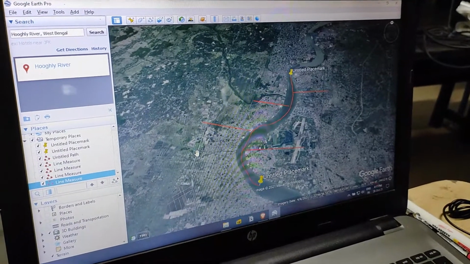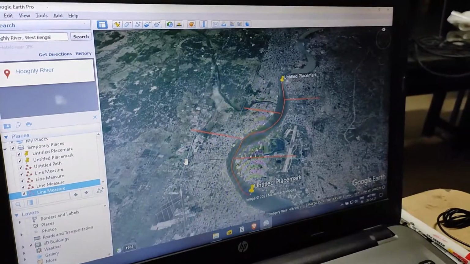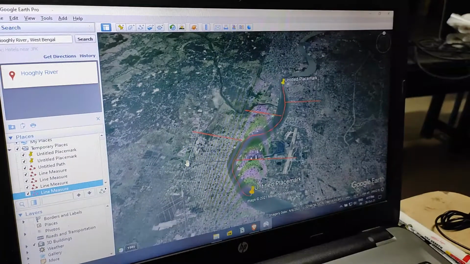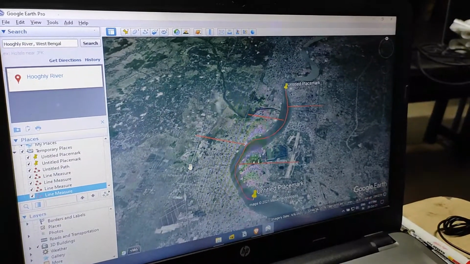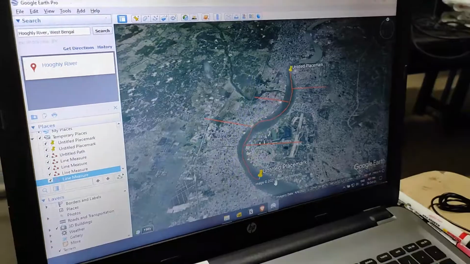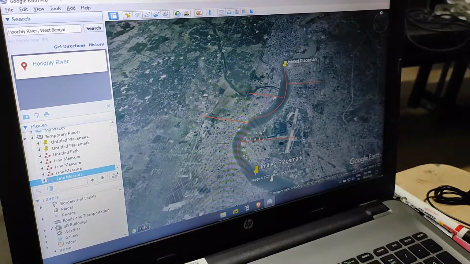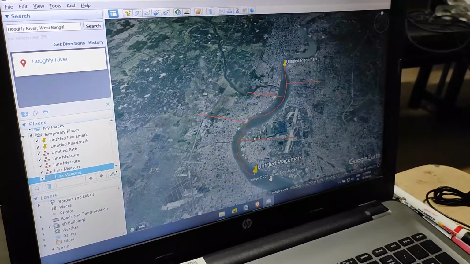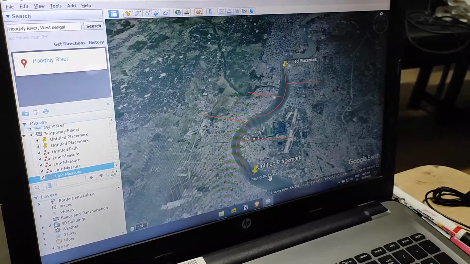To get a more accurate result, you have to add more ruler lines, but now I am taking 4 lines to show you. After drawing the ruler lines, we have to find out the highest position along each line.